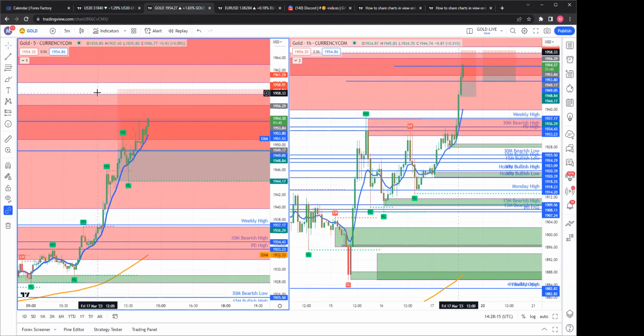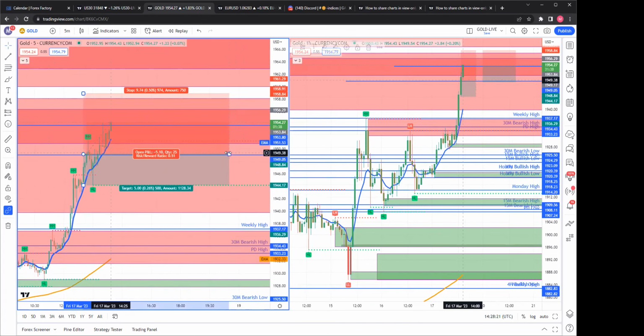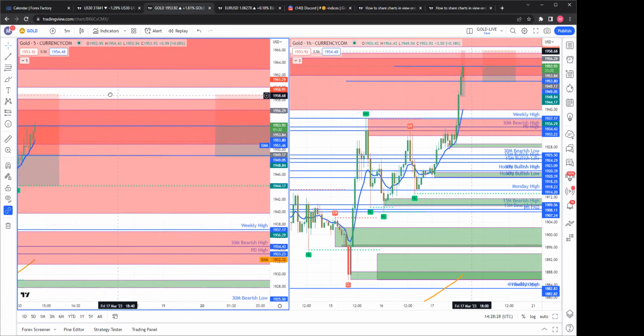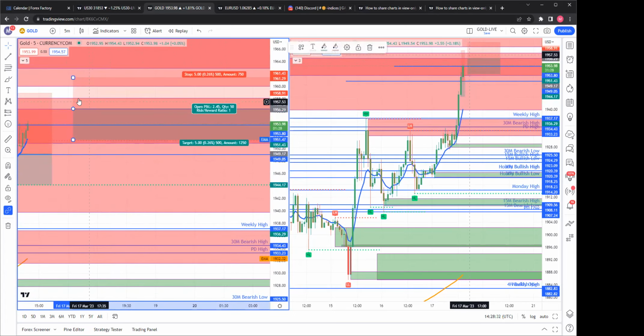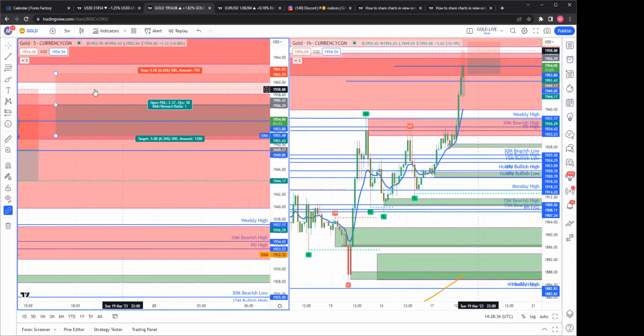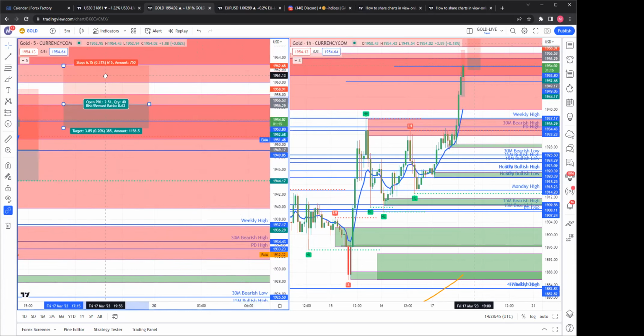Gold is still trending up slightly, so that's why I'd say to cancel your second pending order, because this just means it's going heavily against us. So you should cancel this one, put your second order up here, and remember now for this second order, if you're going to be in front of the charts, just make sure now to follow our strategies, to wait for the closure below the 9 EMA on the 5-minute,